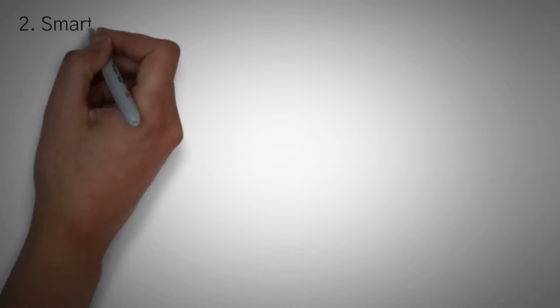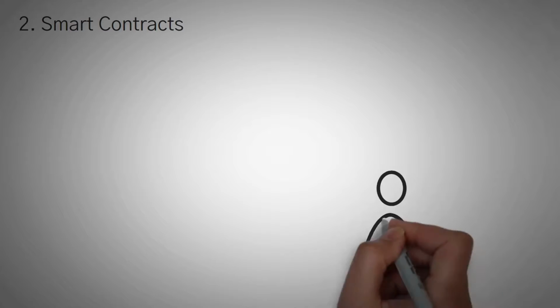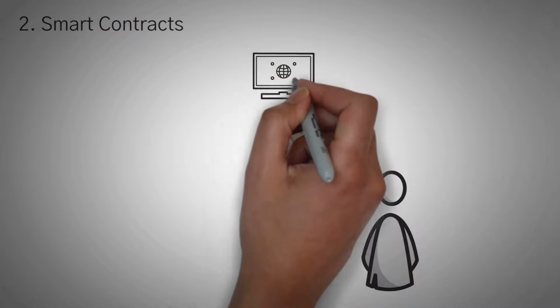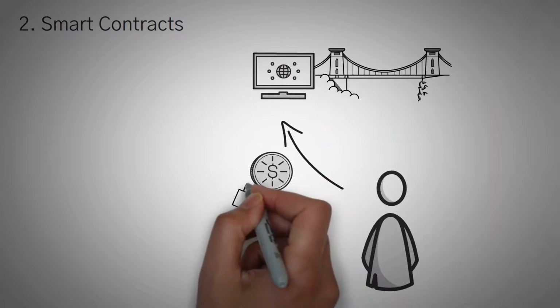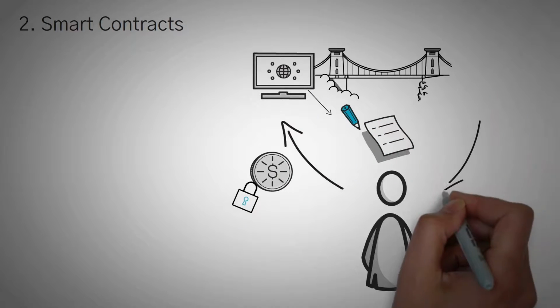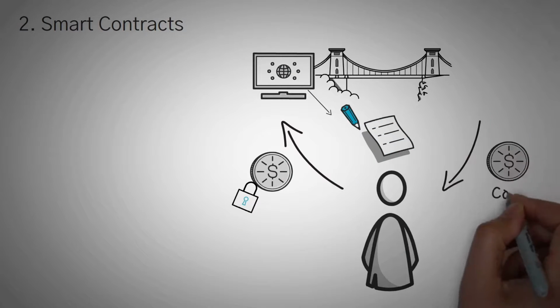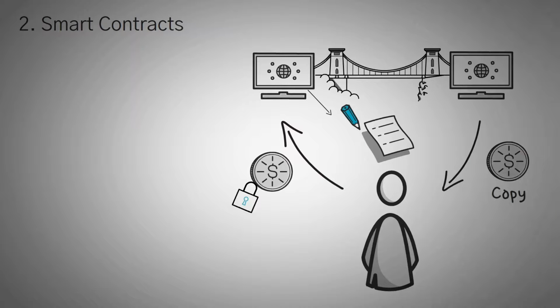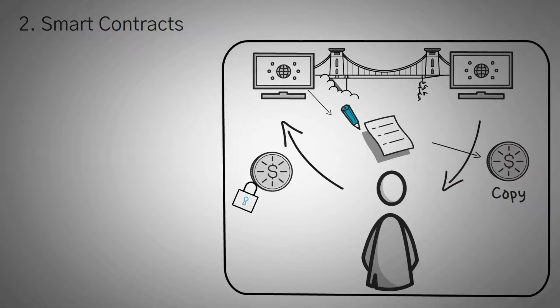The second way that a cryptocurrency bridge or a blockchain bridge works is through smart contracts. Now this one is very complicated and could be its own video, so we are going to summarize it really quick. Whenever you bridge your crypto, the current asset that you are sending is actually frozen in a smart contract. Then once your assets are frozen, you are given a copy of that token on the new network that you wish to move to. Now the smart contract literally mints you more of that token, and it's okay doing that because it knows that you burned or you froze that token on the other network.